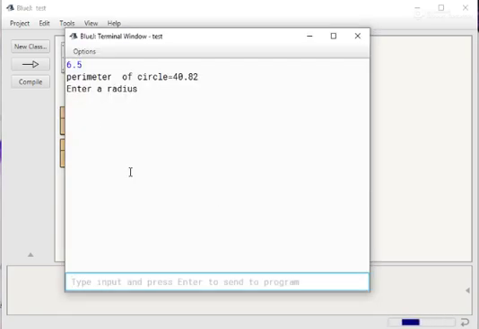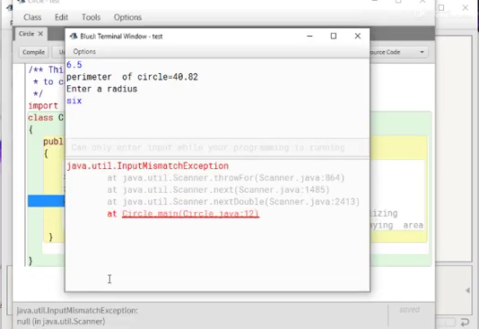But again, if we execute this program and during runtime, for the value of radius, you type six in letters instead of numeric, then after typing it, when we press enter, it will give an error: java.util.InputMismatchException. That means this is a runtime error that occurs due to wrong input. Okay, thank you.